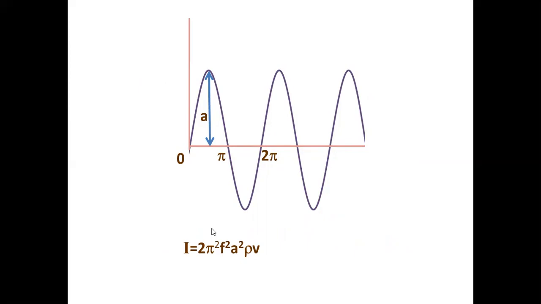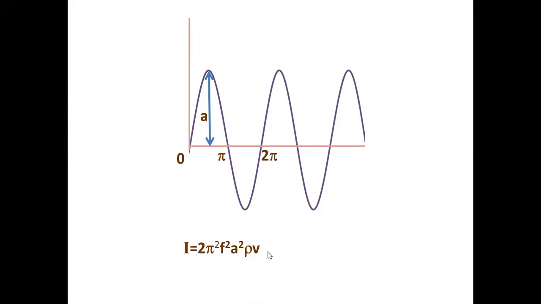Intensity of a wave, for example, you are receiving sound from a source, say a mic. How much sound you receive, that is called intensity. You don't receive all the sound produced by a speaker, because the sound travels in all three directions, and it is enlarging like a sphere, and you are receiving only a part of the sound. What you receive is called intensity. So what is the formula for intensity of sound, intensity of light, intensity of water ripple, any wave? Intensity of any wave is given by this formula.